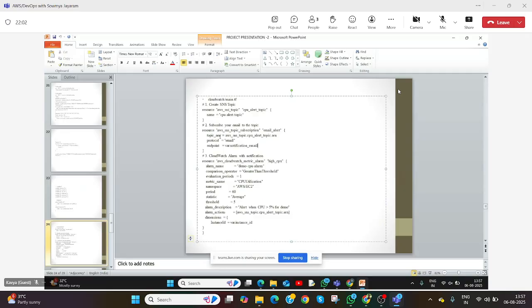So topic ARN, Amazon Resource Name. I'm simply giving my notification email to receive the email notification alerts. And then in this part, I'm declaring the range, like when my CPU reaches this utilization, I will receive a particular mail alert to prevent any failures. So it is given here as a set of lines, and then